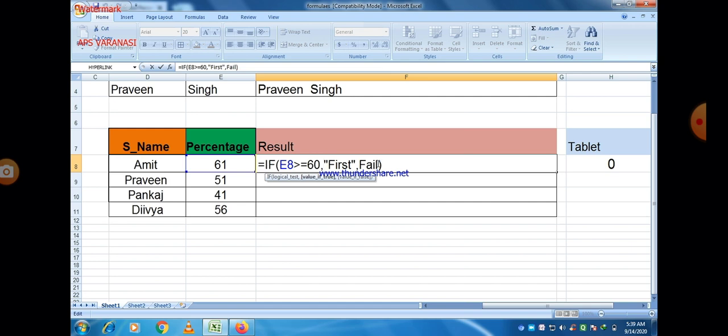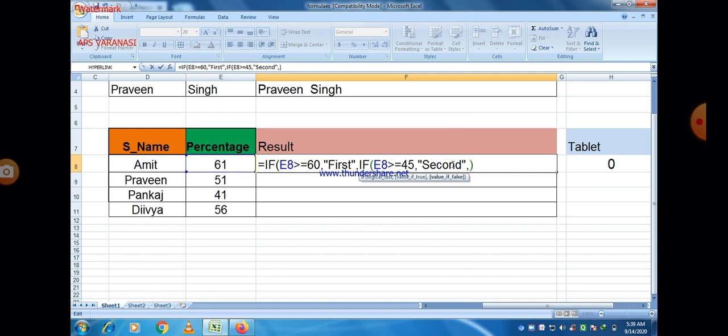But if you want to make more than one option here, I just perform a copy operation and then paste it, and then change the condition only. E8 must be greater than or equal to 45, and change the result also to Second. That is the second IF, meaning IF under IF, and then put a comma again, and again write a condition for third division.